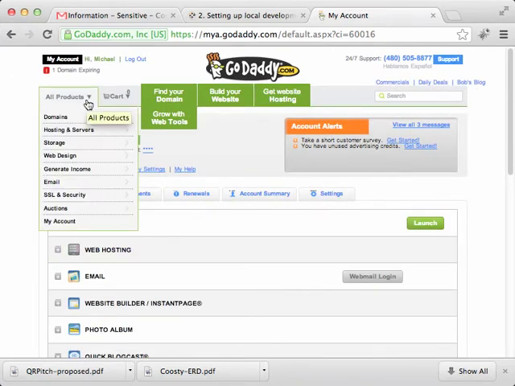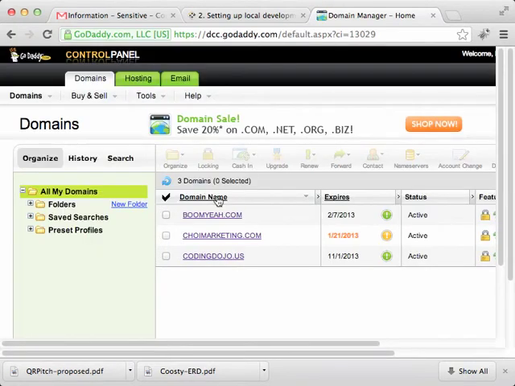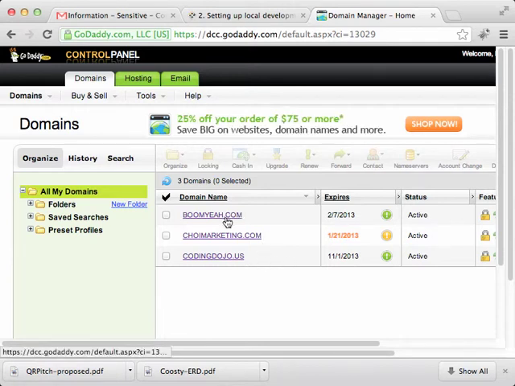They may intentionally make it kind of confusing so that you end up buying more stuff than you want. Anyway, click on domains, domain management, and this should list all the different domains that you own. So I have boomya.com, Choi Marketing, and some other name. Let's say, for example, that you want to configure boomya.com. So go ahead and click on boomya.com,